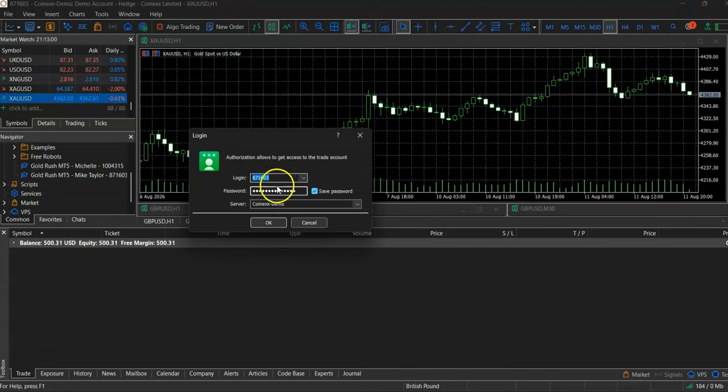All right. So now you put in your account number that they gave you in the email. In this case, it'll be this one for me. And then you'll put in the password they gave you here. Make sure you put CoinX Live because now you'll be doing a live account. And then you just hit OK. And of course, if you're using a different broker, you're just following the same directions. You're just using your broker. Once you hit OK,